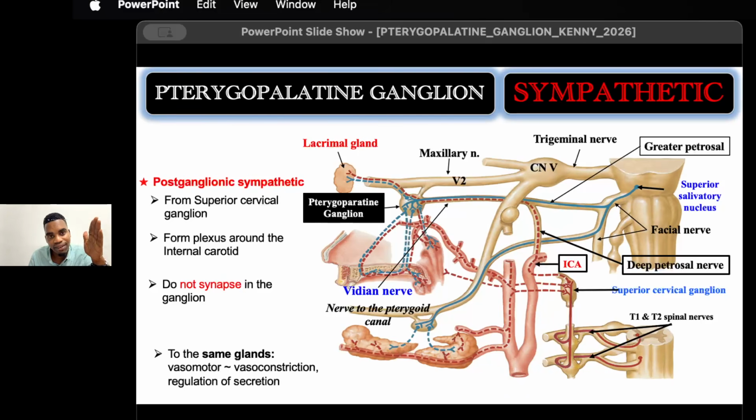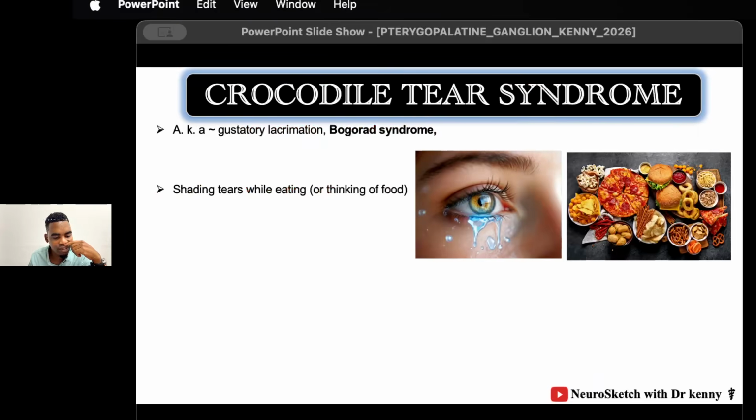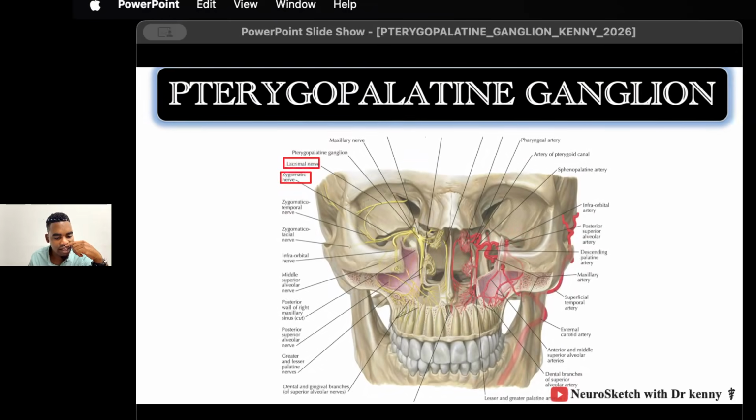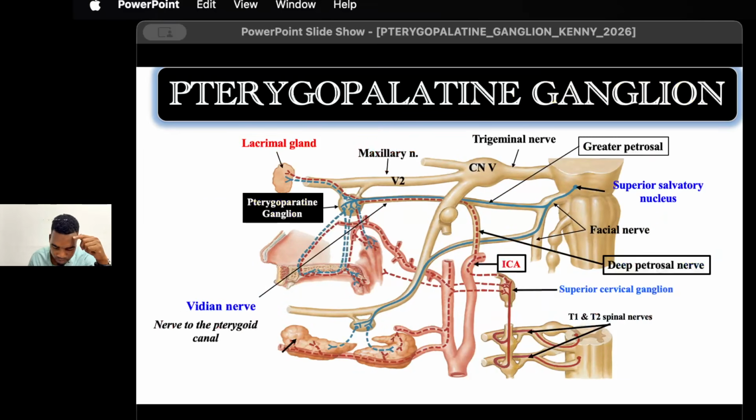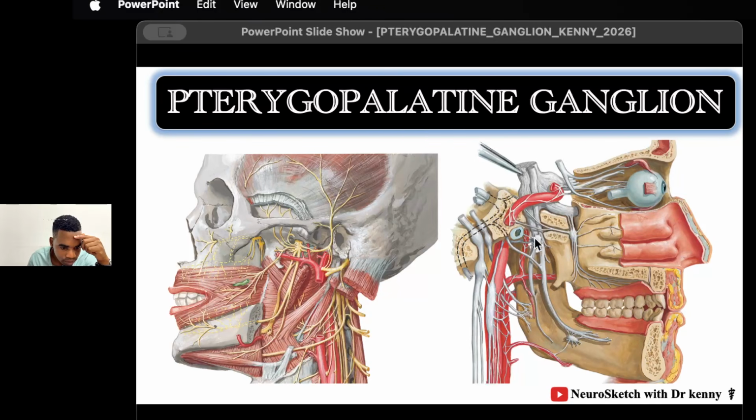So sympathetic is the same: superior cervical ganglion through the internal carotid artery, through the deep petrosal nerve. They're going to join the greater petrosal to form the nerve to the pterygopalatine ganglion, which is called the median nerve. Let me take you back here again. Okay, so this is the pterygopalatine ganglion. This is the pterygoid canal, and this is your median